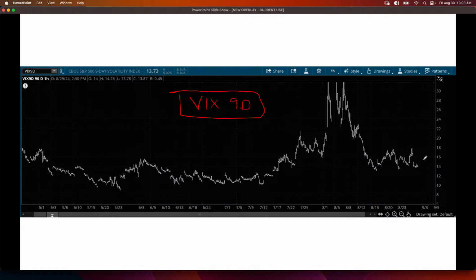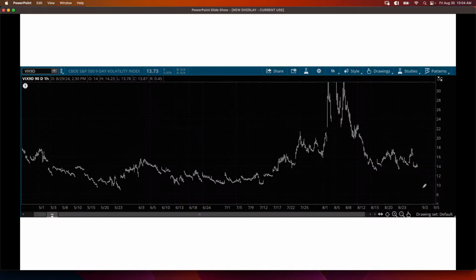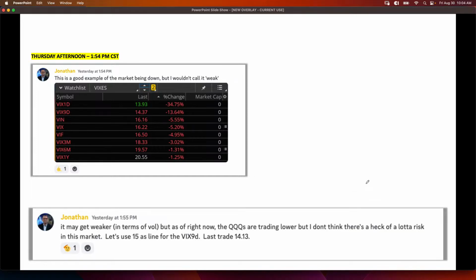Okay? What is going on? Well, this is a 1 hour, and this is yesterday's trade behavior. This is yesterday's trade behavior once the market opened, with the videos releasing. Notice how that 9-day just traded lower all day? Well, that made me think,